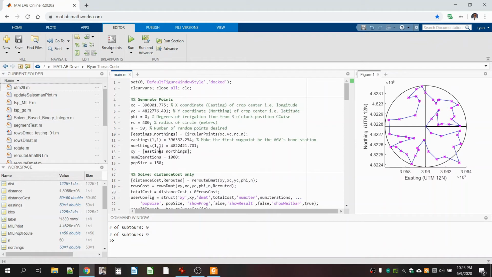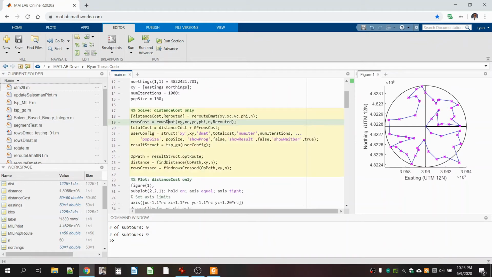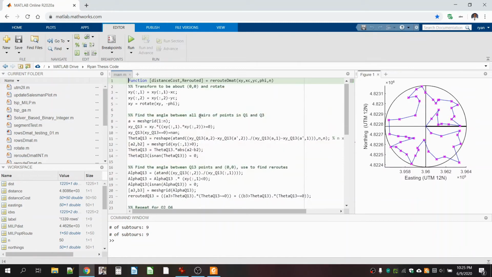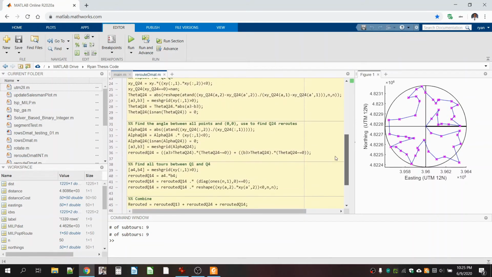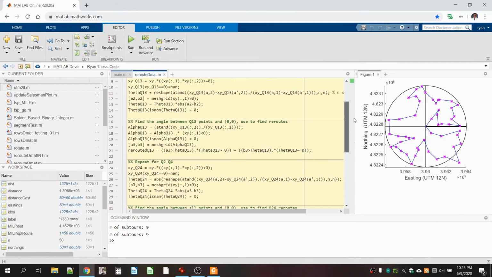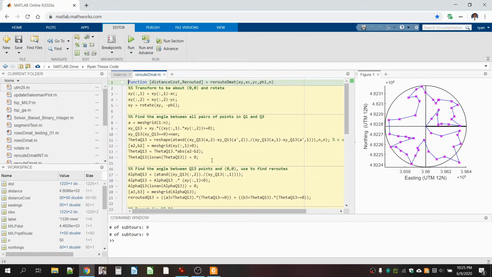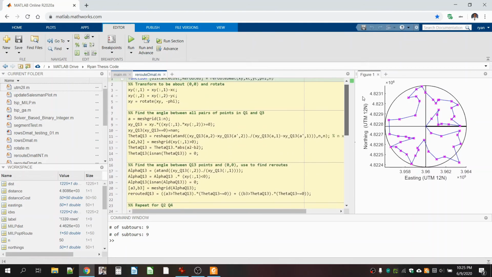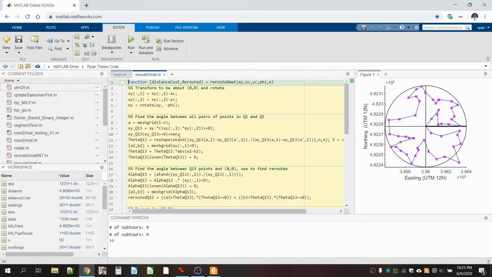By far the most complicated thing is this reroute dmat. I just hit Control D there. This reroute dmat function took a lot of thinking, and I know I just kind of brushed over a lot of the lines because honestly it's been a few months since I wrote it, so I'd have to go back in and dig deep into it to understand every little thing. But